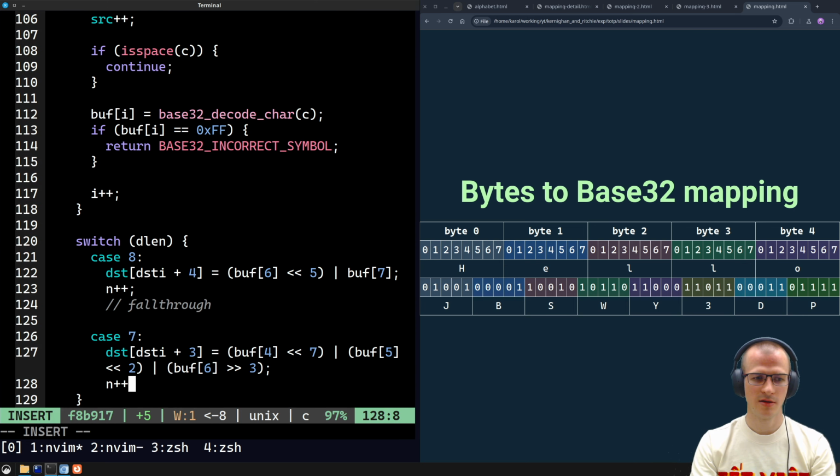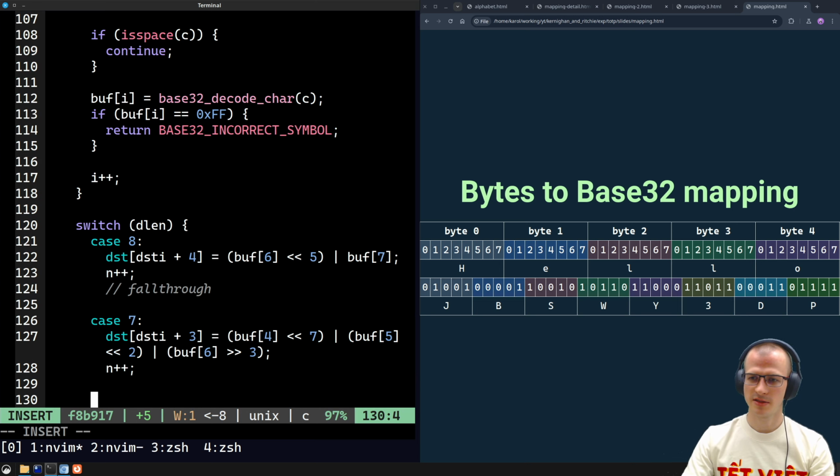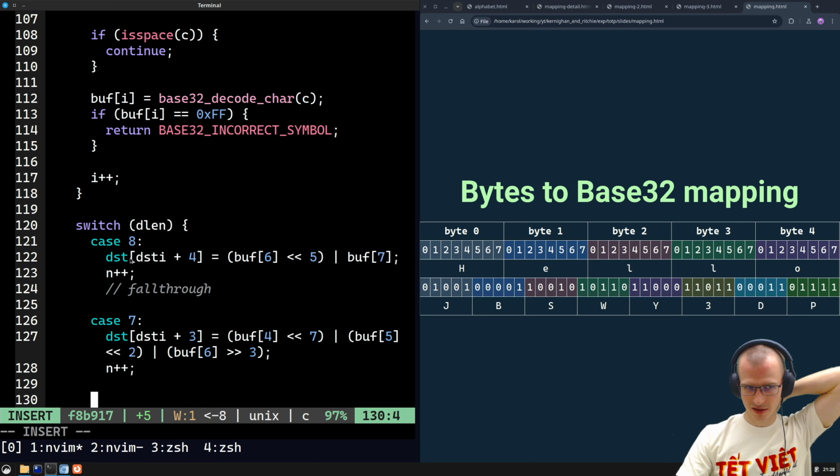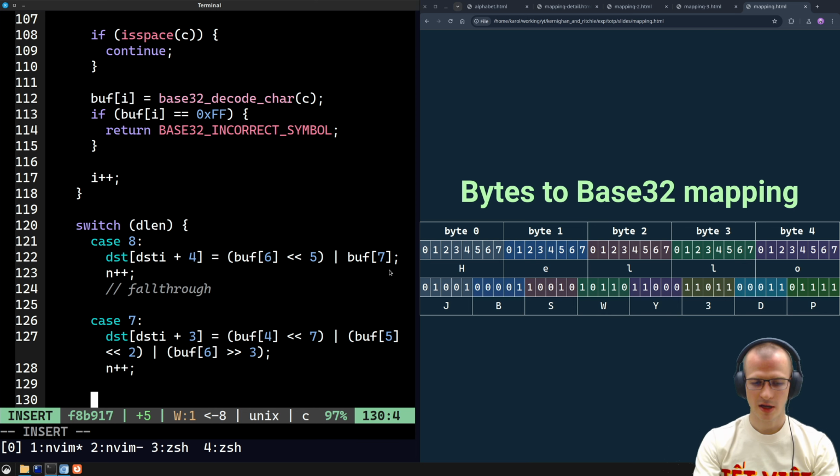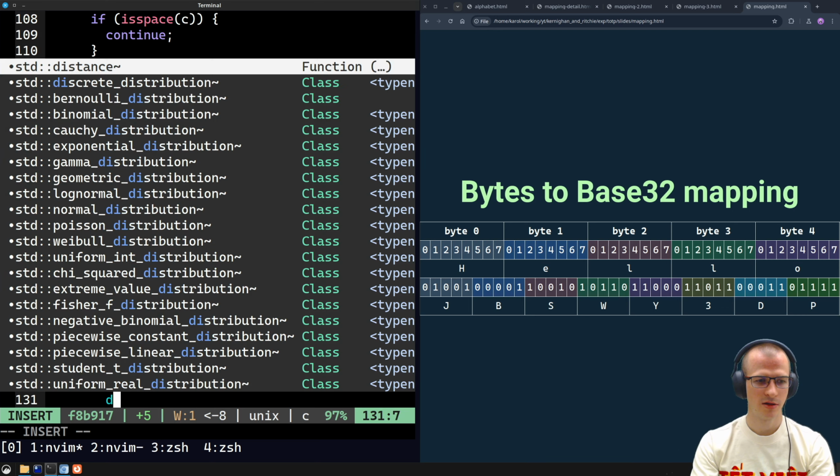We increment n. Now 6 bytes is not a valid value for an input. So if the dlen is 6, it means that you have to return an error message. So I'm going to skip this case. Now 5 means that we have 0, 1, 2, 3, 4, but we can encode 3 bytes of the destination, which means in the case of 5,